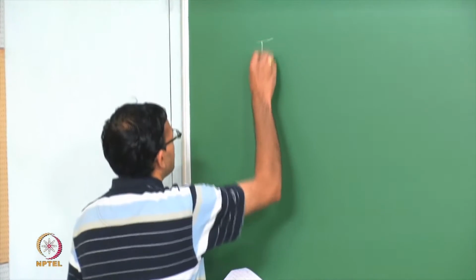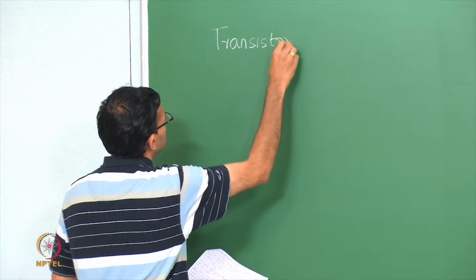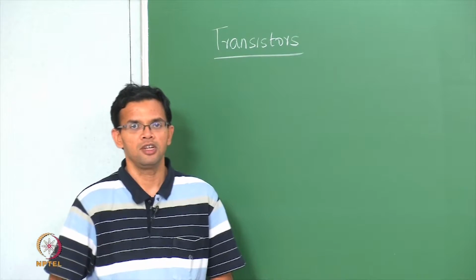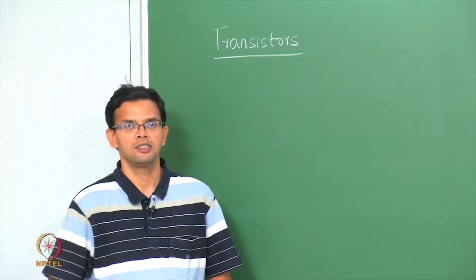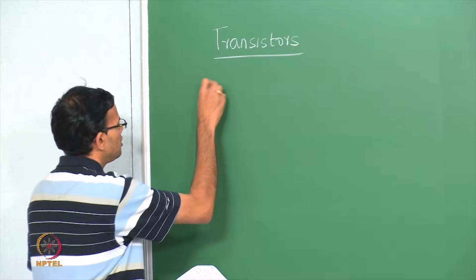Let us start with a brief review of last class. Last class we started looking at transistors. Transistors are 3-terminal 2-junction devices. We first started by looking at bipolar junction transistors,